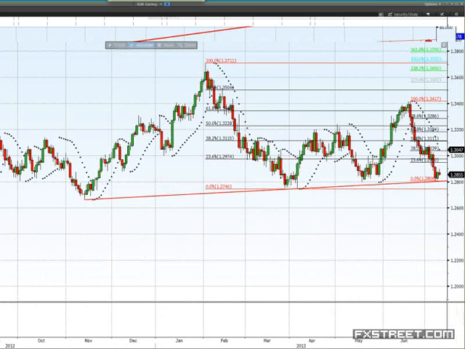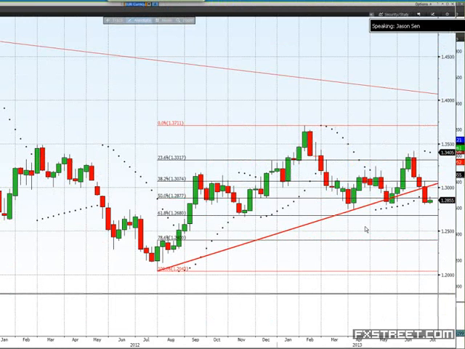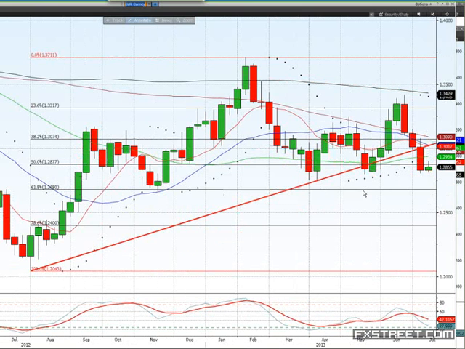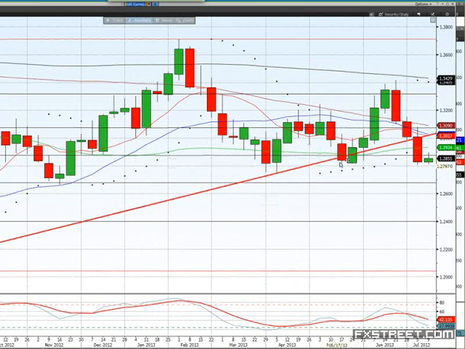Start with the weekly chart. The weekly chart isn't particularly bullish at all. We've broken below this trend line, which goes back to about this time last year. However, we're just hovering above the May low, which was 127.97. We've got to 128.06 so far this month in July. It's a monthly low that should act as some support.